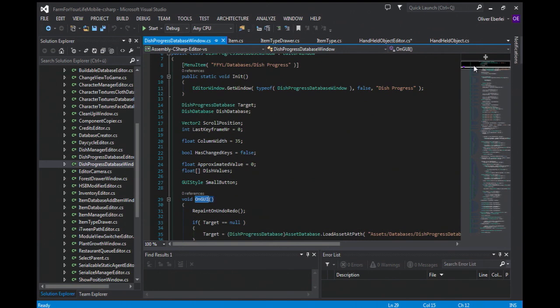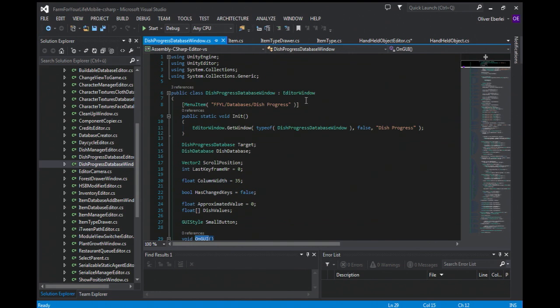So with the GUI, either GUI layout or GUI class, one quirk about editor windows is that you need a way to open them. Most of the time, I use a menu item for that. This menu item function really just does one call to EditorWindow.GetWindow, which either finds a window that already exists and puts it into focus,